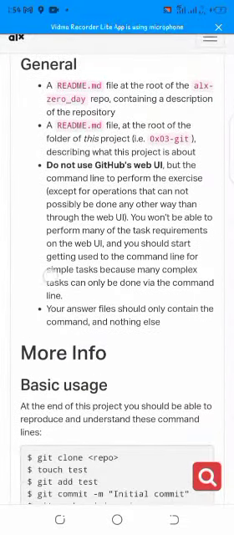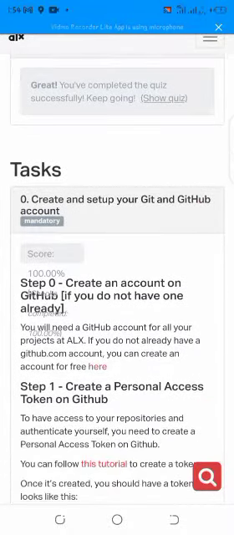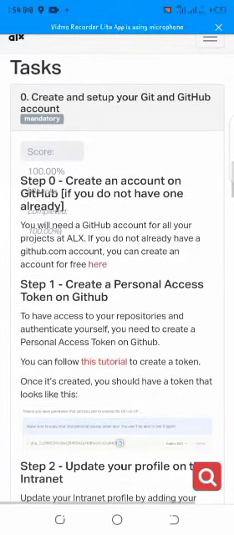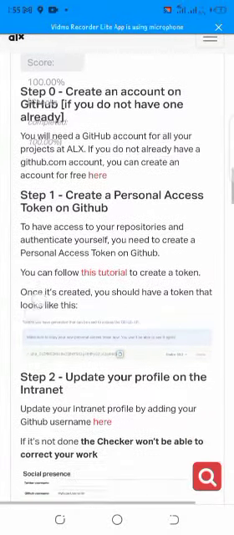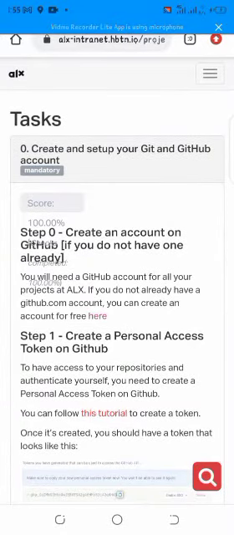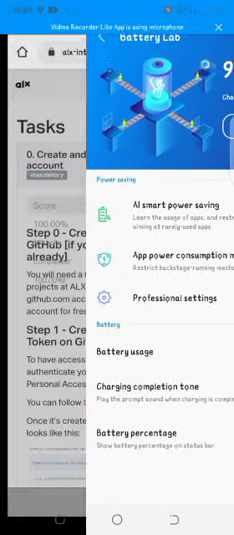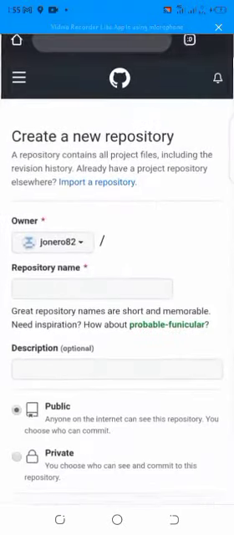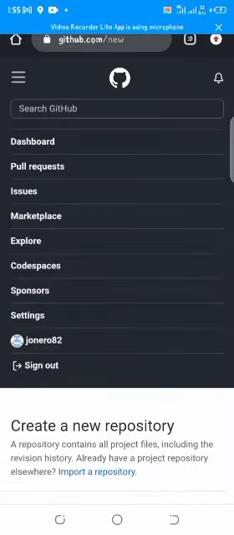and your local machine, and that is why you see the first thing here is to create and set up your Git and GitHub account. Then the next thing is you need to create a token. In order to have a seamless journey in your work, or a seamless access to your repository, to your storehouse, you need to